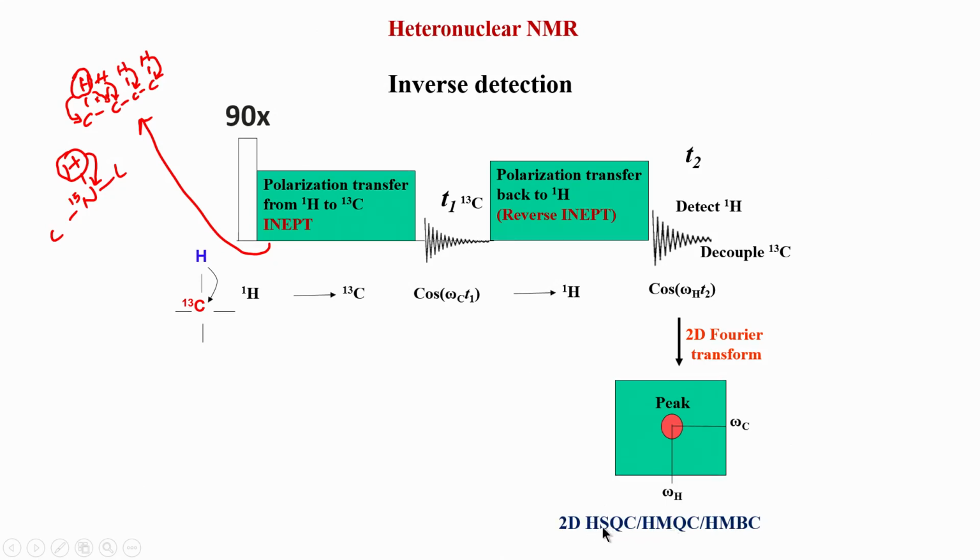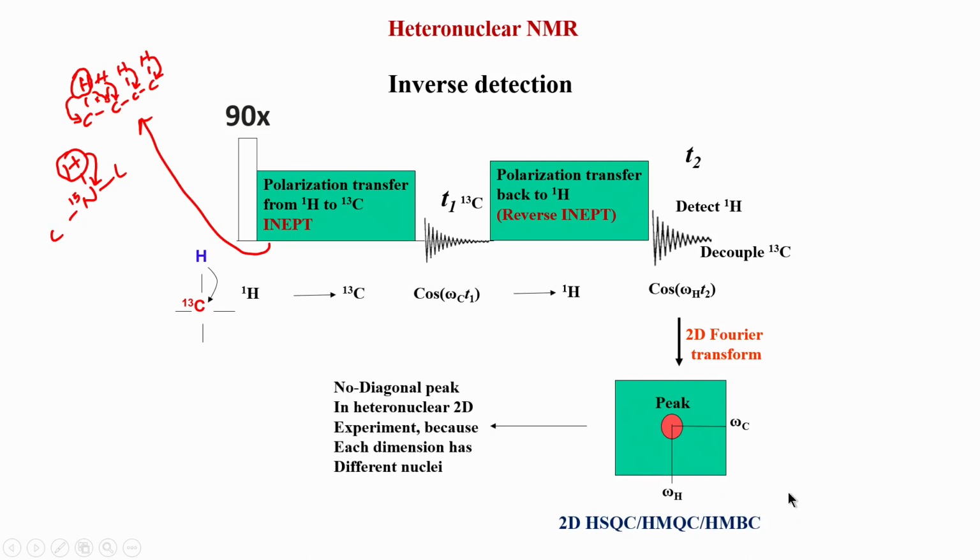Now, these two experiments give the same information, there is not much difference, but sensitivity wise and resolution wise there are a lot of differences which we will have to look into one by one. So we will look first at HSQC, how it works, what the advantages and disadvantages are, then we will go to HMQC. We will not focus on HMBC in this course, because that was covered extensively in the previous course, which was more focused on organic molecules.